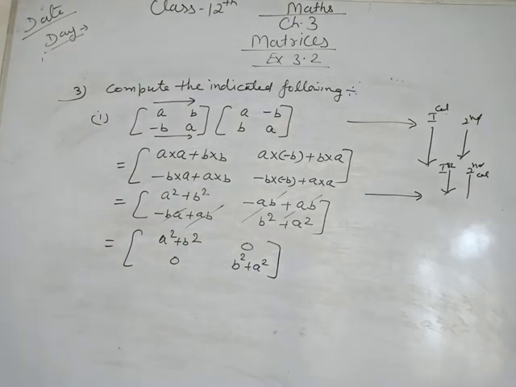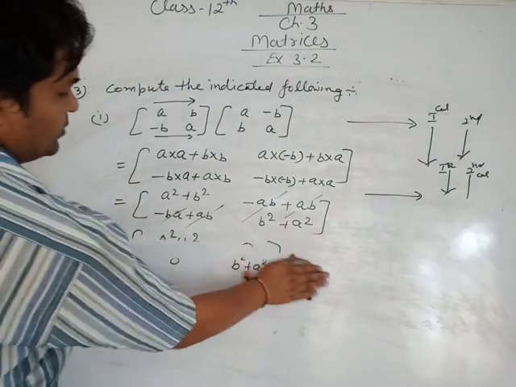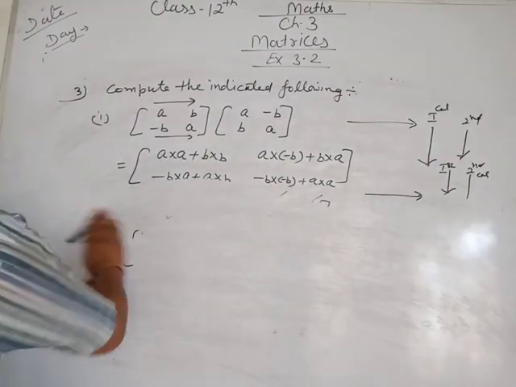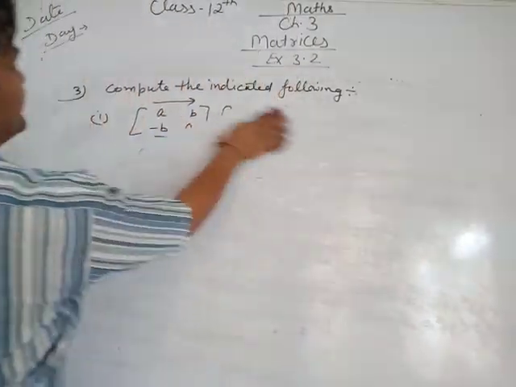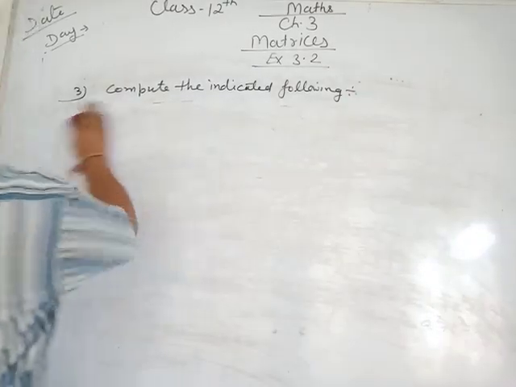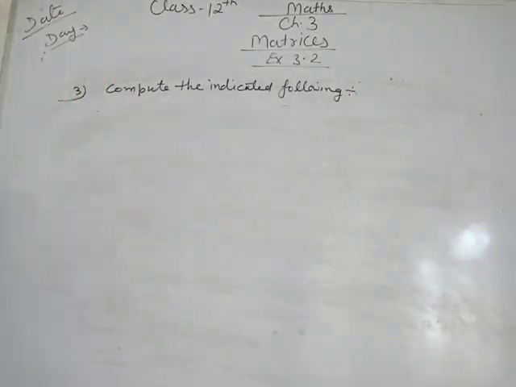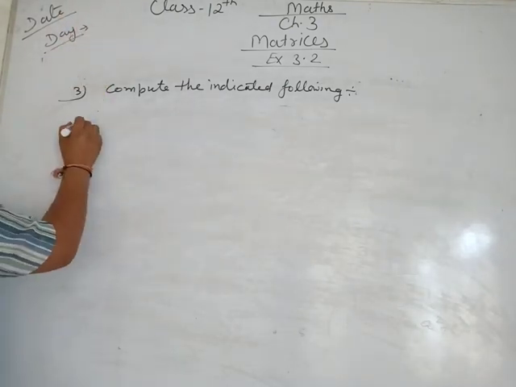Again we will solve the next part, the third part, and we will multiply here. Question number 4, the 4th part of this question. All the parts you will do, but here I will solve the 4th part because it is somewhat lengthy and maybe you will be confused, so I will do it. Part is just this 4th part.